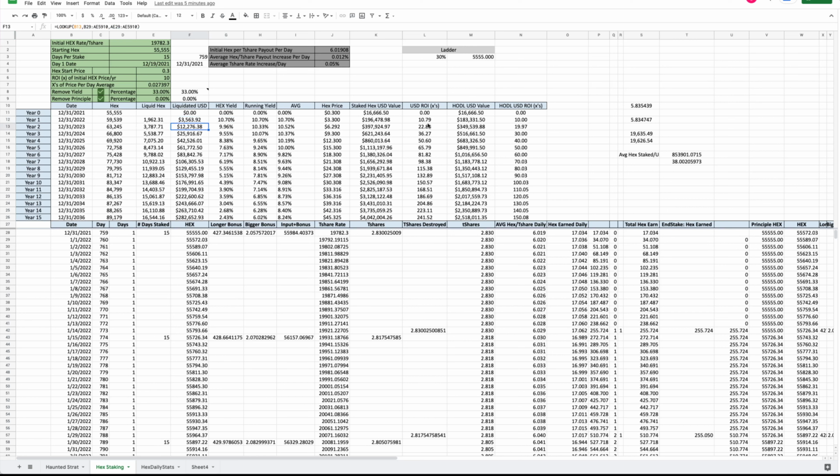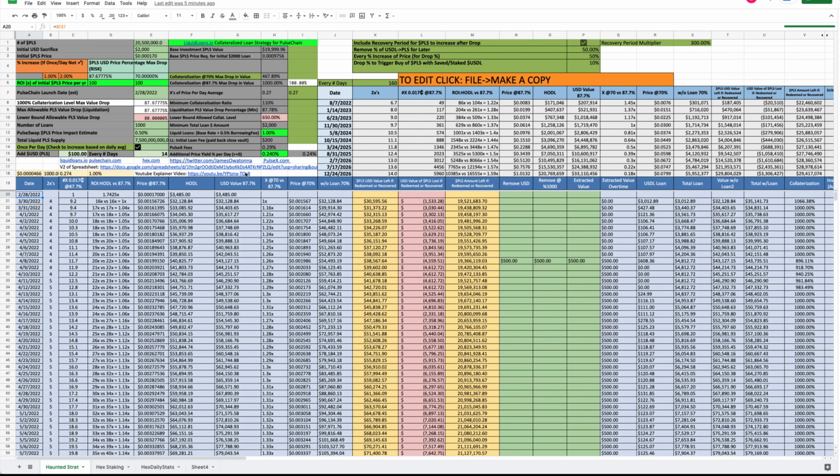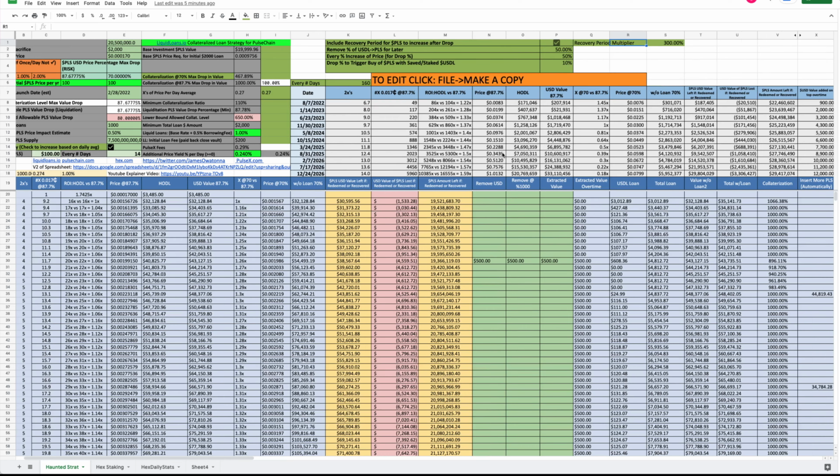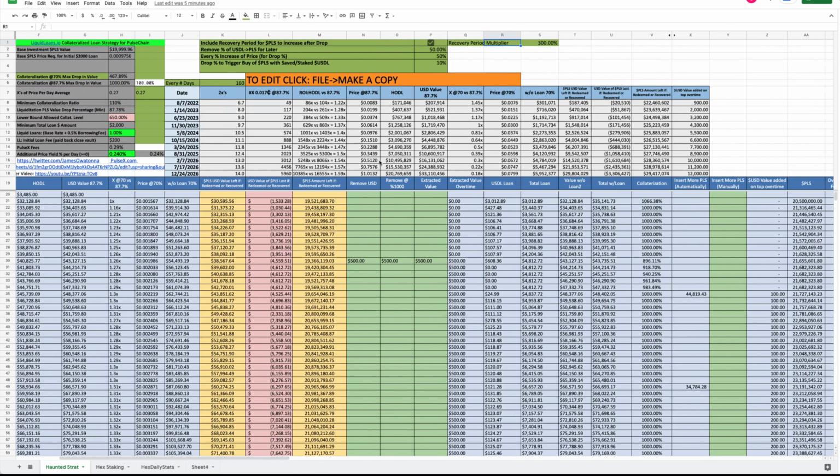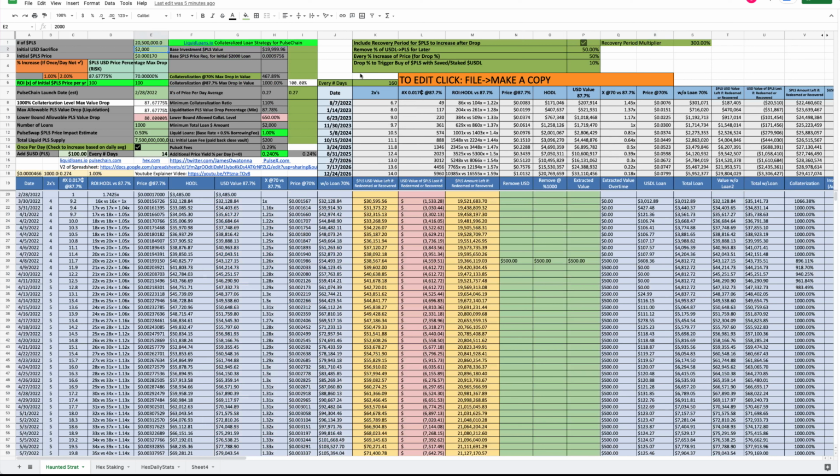So just be wary of some oddities to how the spreadsheet works. I haven't updated the HEX daily stats yet, so don't change these. You can change this value, and most of these values. Kind of mess around with it and see how you do. Yeah, $2,000 at 5 years could net you